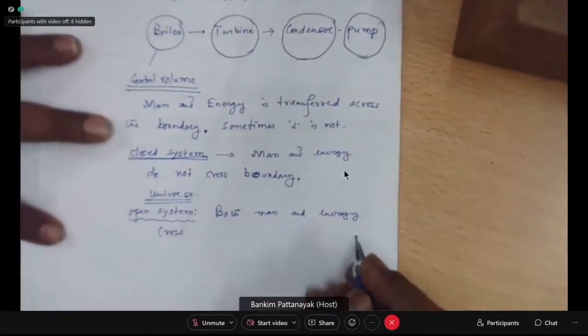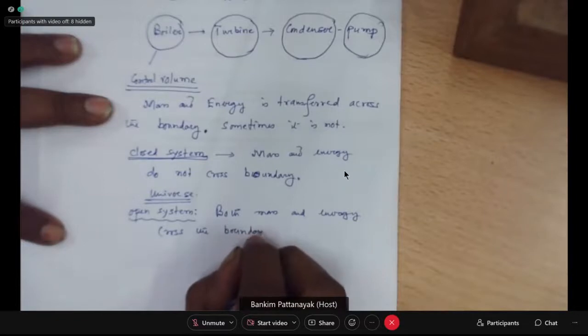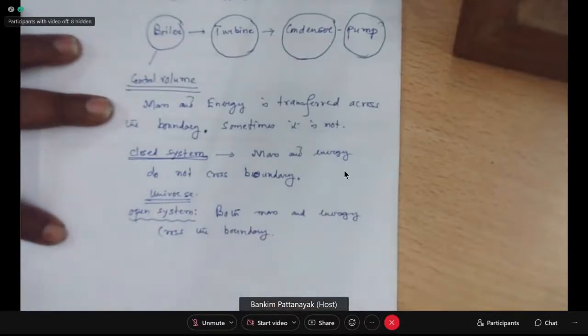In an open system, both mass and energy cross the boundary. In most cases, we have an open system. For example, the boiler is an open system: it receives pressurized water from the pump and releases high pressure, high temperature steam to the turbine. The turbine receives high pressure, high temperature steam as input and releases low pressure, low temperature steam, and the byproduct is